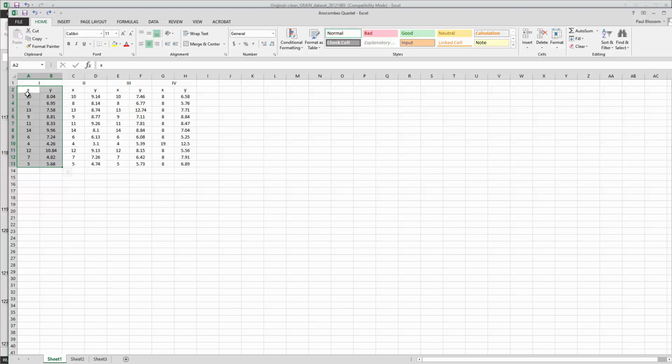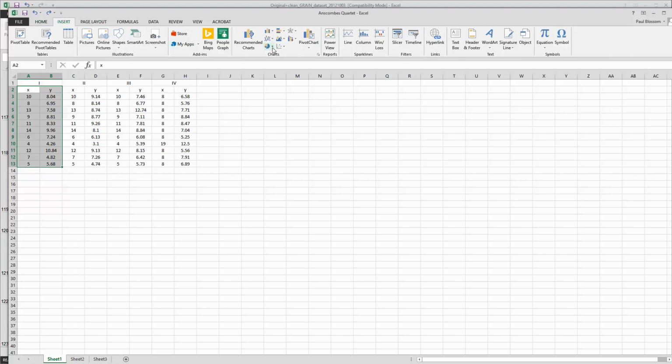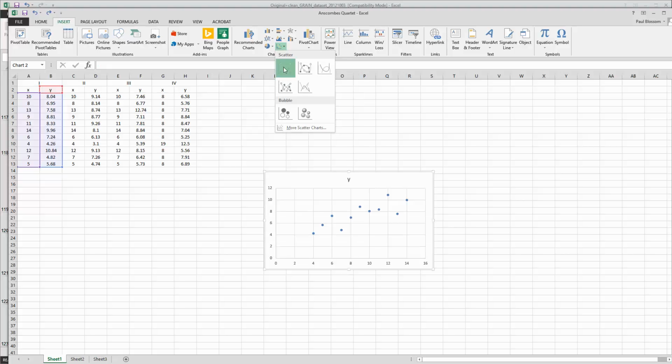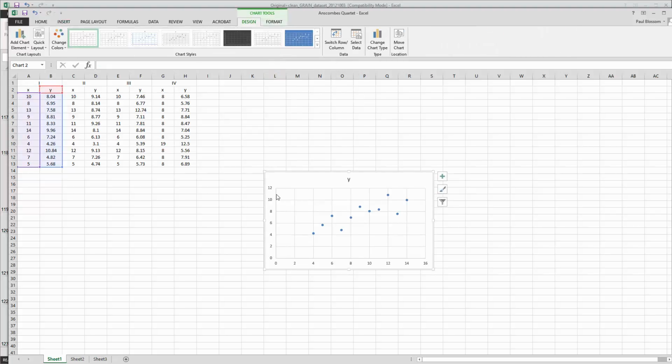Here we would have y as the dependent variable and x as the independent variable. So I've highlighted the two sets of data with the x and y data labels. I go to insert, and if I'm looking at regression, a scatter chart is a good choice. I click on scatter chart, and I click on the upper left-hand corner one. And so you can see now that I have a scatter chart